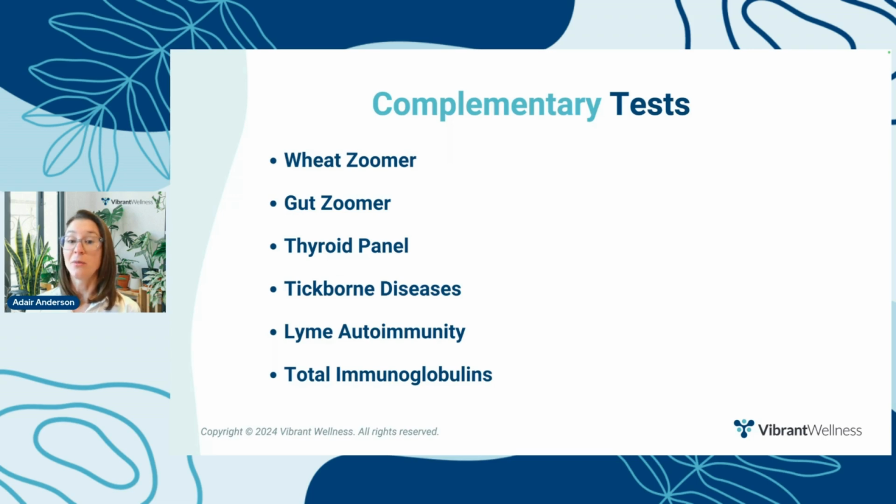In addition to the Autoimmunity Zoomer, consider the Wheat Zoomer to identify the patient's full range of wheat and gluten sensitivities, as well as the intestinal permeability that may be contributing to autoimmune symptoms. Also consider the Gut Zoomer to assess for dysbiosis, which may play a role in the development of rheumatoid arthritis and other autoimmune diseases. A full thyroid panel, which evaluates for thyroid diseases which are more prevalent in patients with